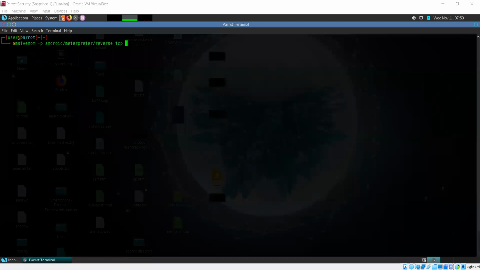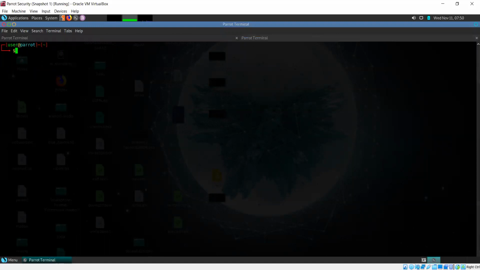Okay. But the thing is, I can use it either in capital or in lowercase. That won't make a difference. Now, if I just use this as the IP, this is not going to work here because this is a private IP and the device that I'm targeting is not on the same network as my virtual machine. So I'll make use of ngrok in a separate tab.